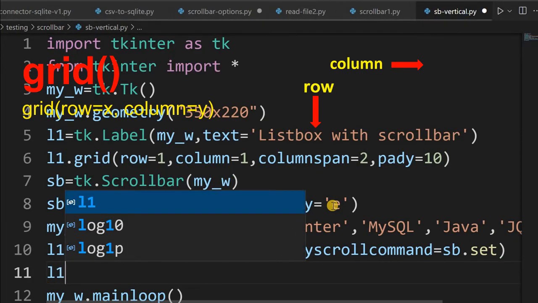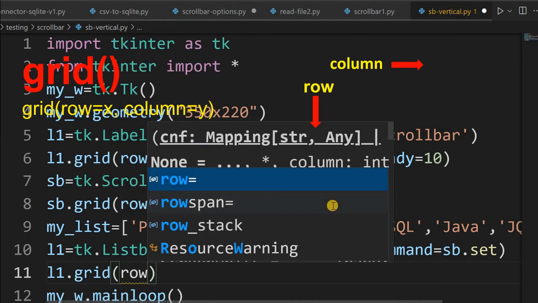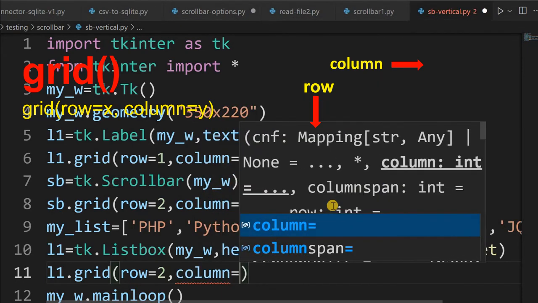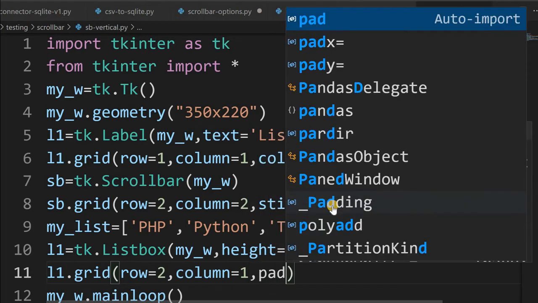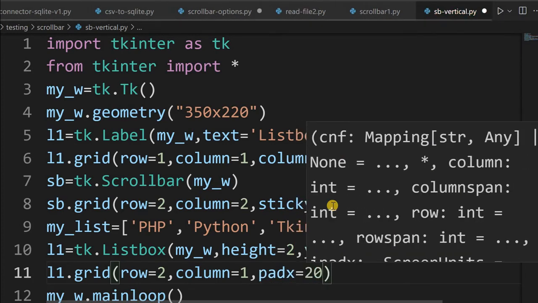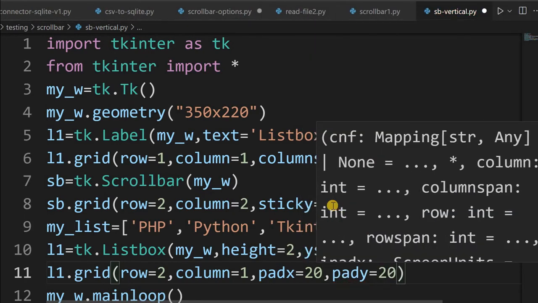Where will I place this? We want it at the left, so row 2 and column 1, because column 2 is our scroll bar. So column 1 means to the left of it. And again let's maintain some gap, we will not flush it to our left edge. So pad x equal to 20 and pad y equal to 20. So from the top also we are maintaining some gap.